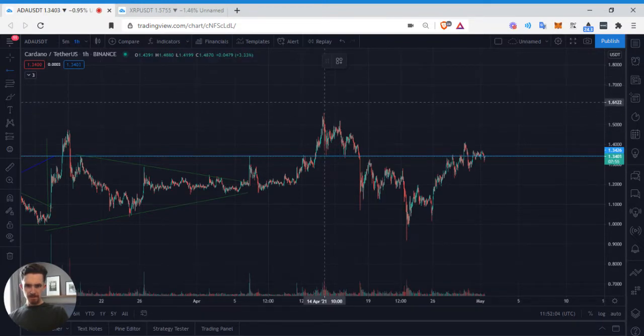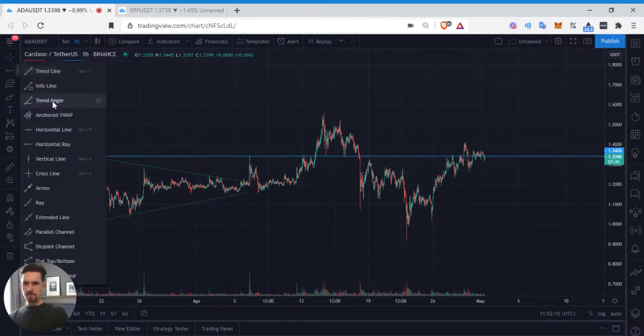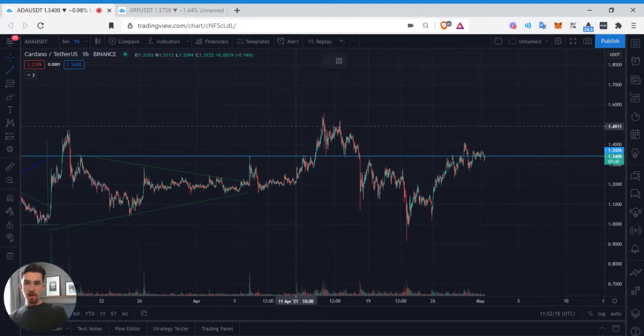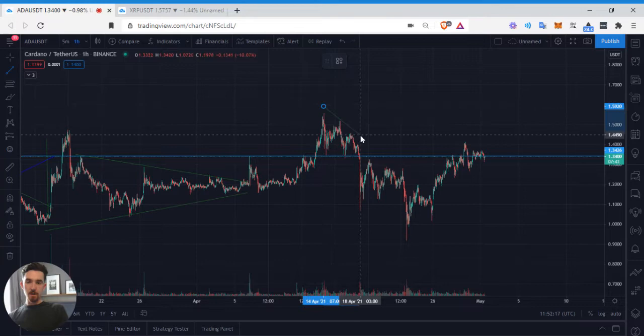We can draw this out. You could draw this like this. This is how I'll draw it. My bad. That's a little ray there. And then again, we will move into XRP here in 1 second. But it is important to understand what's going on with Cardano. I think fundamentally the project's obviously incredible. They haven't really rolled a ton of stuff out yet, but their partnerships are awesome, what they're doing.